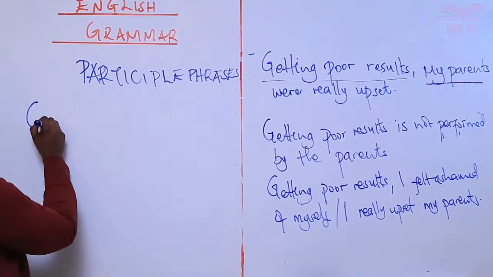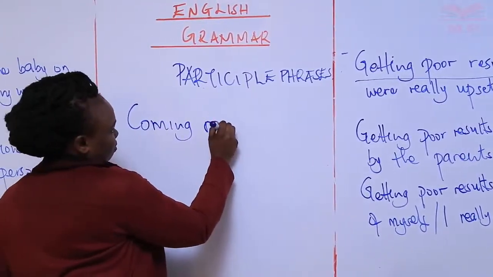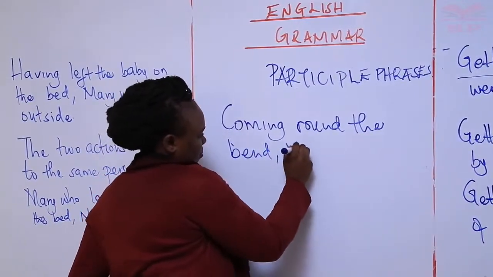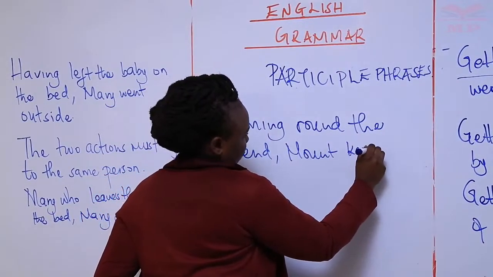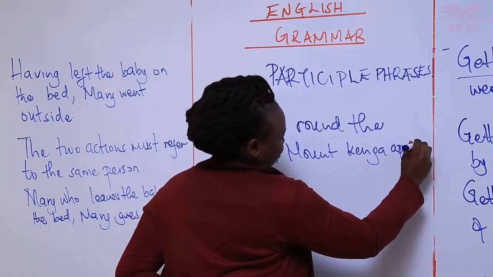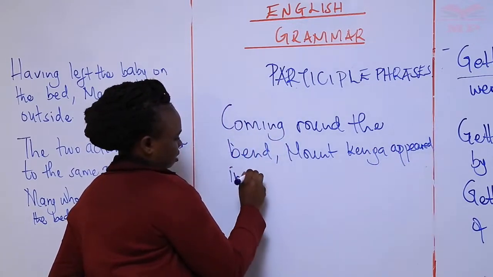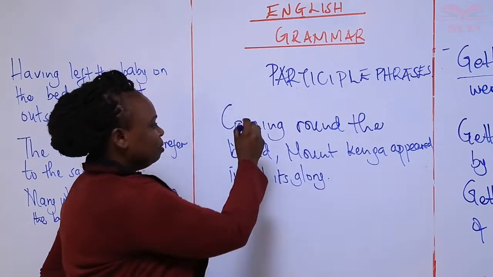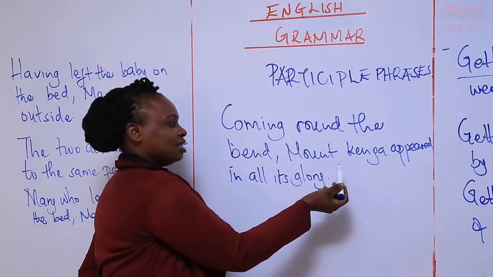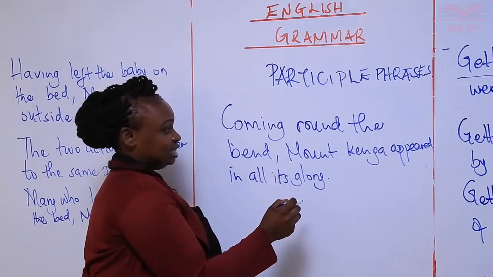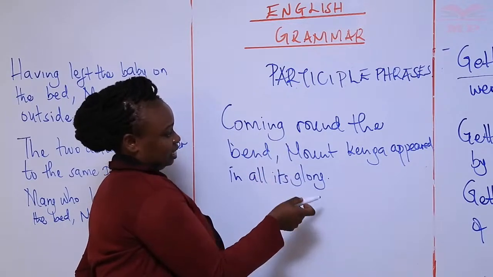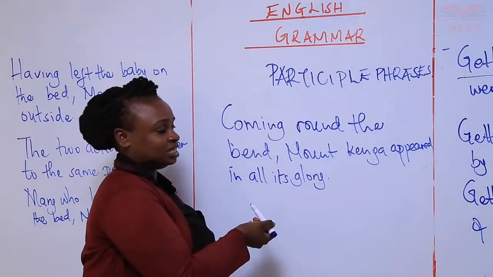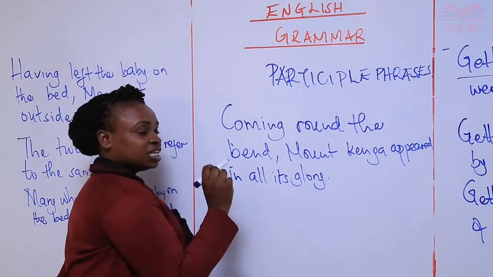Now we have: Coming round the bend, Mount Kenya appeared in all its glory. Coming round the bend, comma, Mount Kenya appeared in all its glory. You see, in the sentence that we have here, "coming round the bend" should be performed by whatever follows the participle phrase. So we should be very careful so that